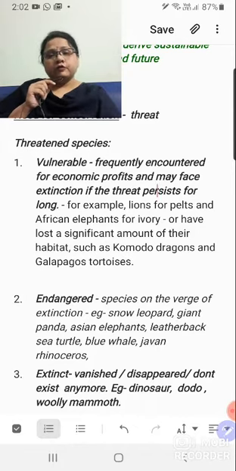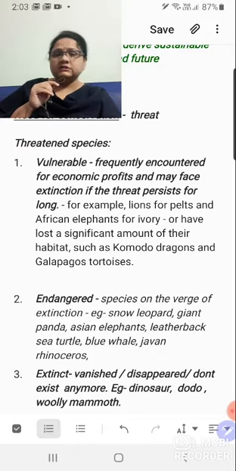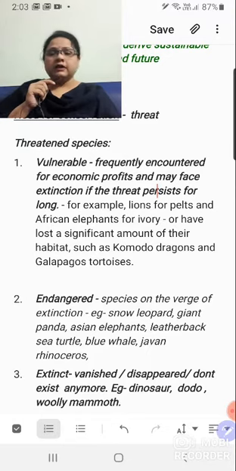Second category, becoming more severe, is endangered. It's just like you are stepping down on a staircase, right? First step was vulnerable, not much threat, but if the problem persists, might be in danger in future. Second one is endangered. Now endangered is more severe. In that case, the operative words are, these species are at the verge of extinction. So verge of extinction, these are the only three words you have to write whenever it comes to endangered